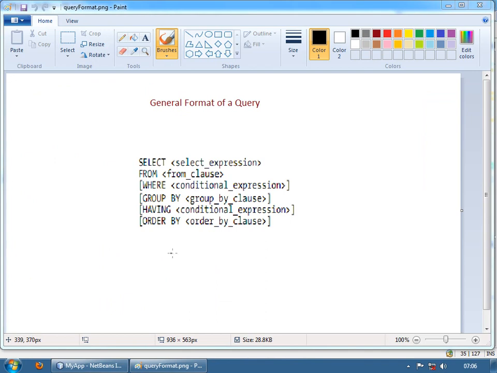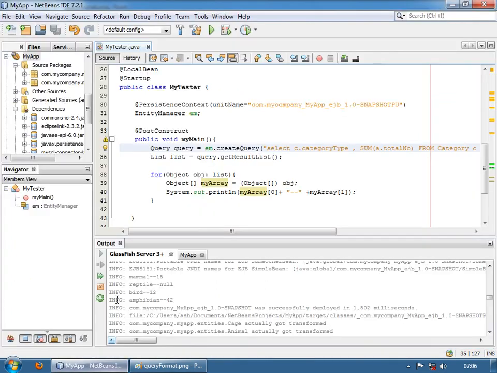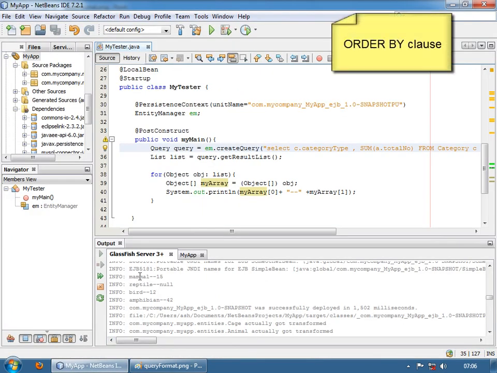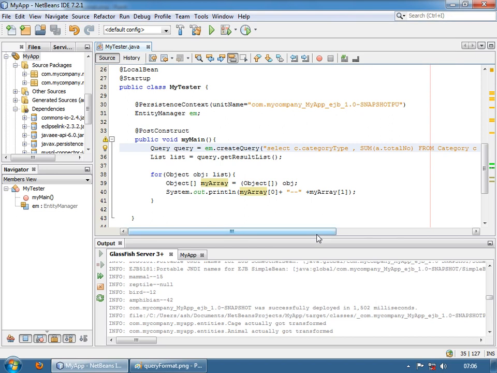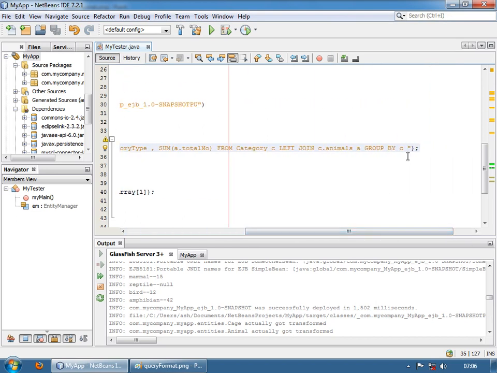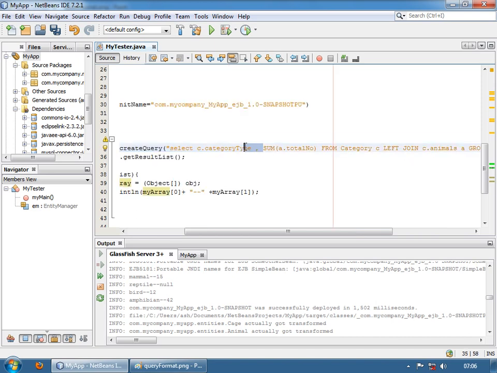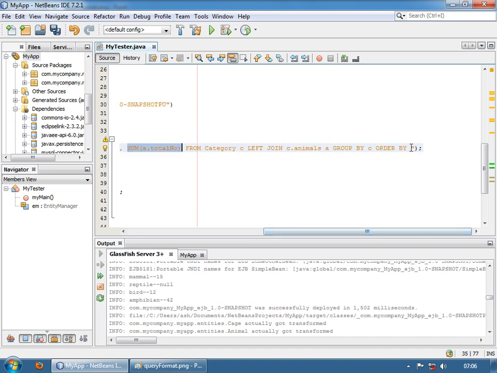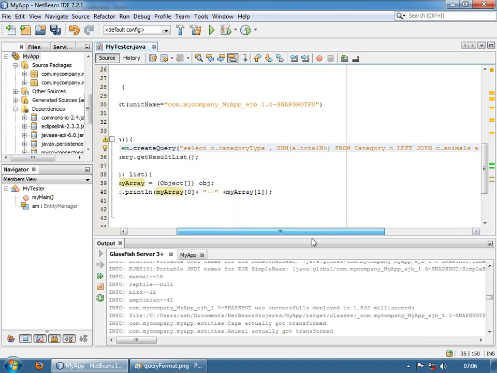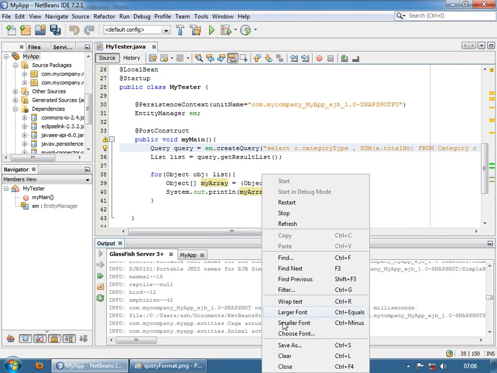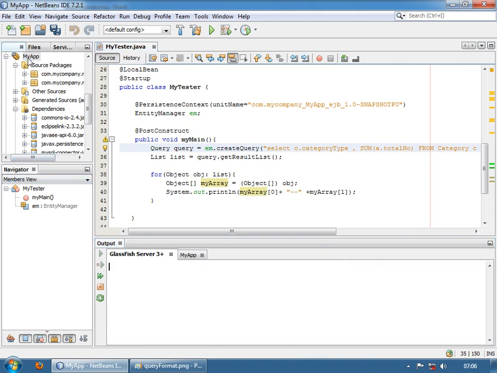The next clause we want to study is order by clause. So over here we want to order this category and sum total for that category according to ascending order for the total number over here. So for that we'll add order by clause. So over here let's add order by, and we want to order by this sum of total number, right? So let me copy this, let's paste this over here, and let's run the example. So let me clear this off, run,